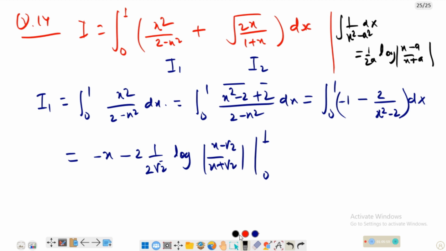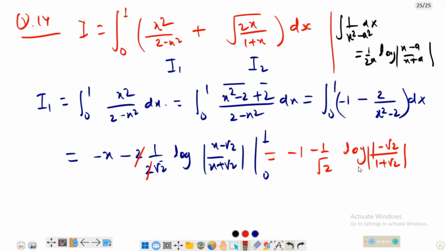Okay, so if I put the upper limit in this integral, this is equal to minus 1 and this cancels out, minus 1 upon root 2 log 1 minus root 2 upon 1 plus root 2. And if we put the lower limit in this integrand, this is basically 0, this is 0, 0 root 2 upon root 2 minus, and there is mod, so log 1 is equal to 0, so this quantity is equal to this quantity. Okay,